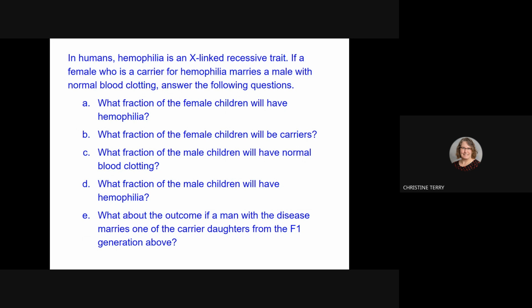And then we want to set up our Punnett square. I'm slower with this than I am with a real whiteboard. So you see how when I'm setting this up, half the gametes from the female have big H, half have little h. From the male, half have big H, half have Y. And so if I look at